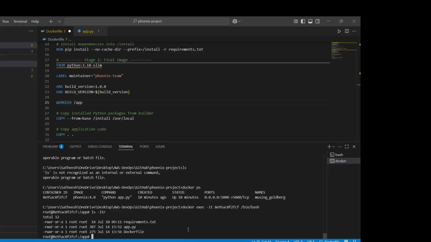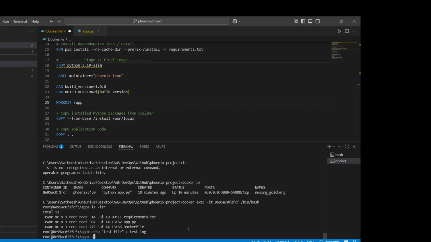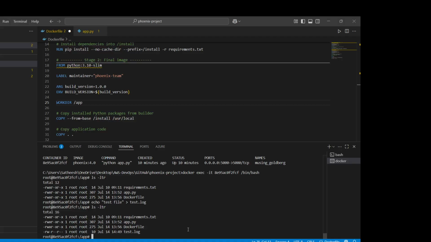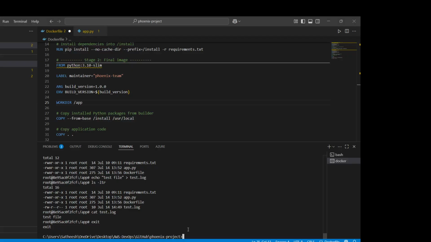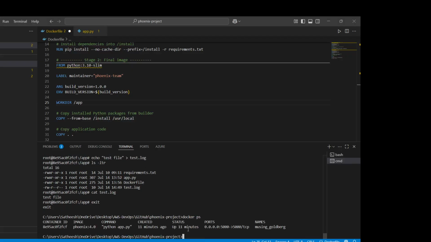What I do is create a file called test.log file. If I do ls inside the container, this test.log file is there. If I check the content, it is test file. Okay, I'm coming out of the container. If I do docker ps, the container is running. I know the test.log file exists in the /app folder,